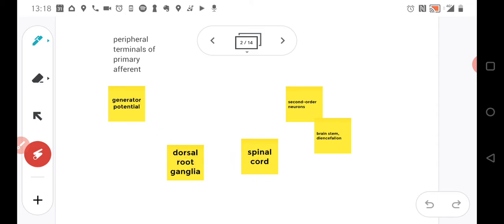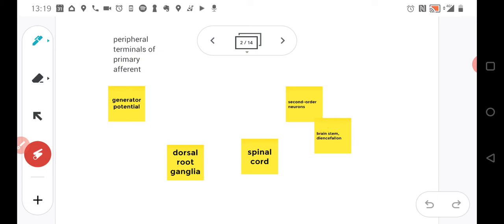And the spinal cord is, of course, part of the central nervous system, but we all know that generally most of the decision making and all of the things that we know are happening in the brain. So the spinal cord is also mainly a relaying center, although not only, obviously. The information needs to pass from the spinal cord to the second order neurons. In the spinal cord we have the second order neurons, and from these second order neurons, finally, to the brain